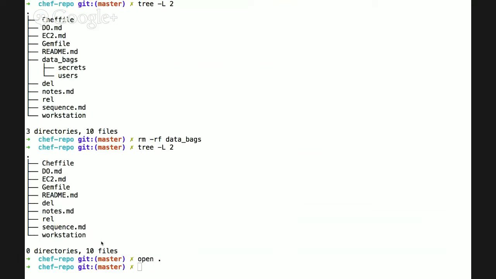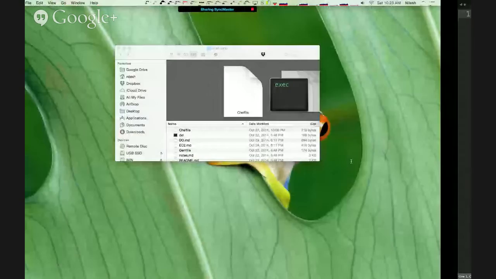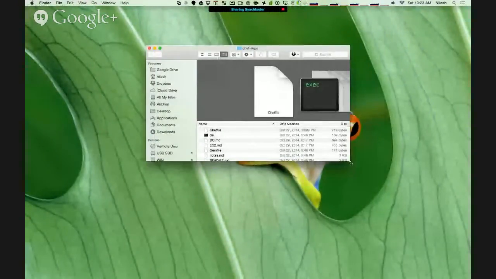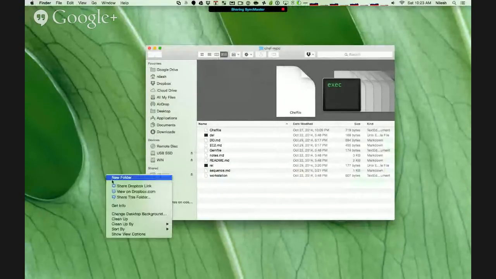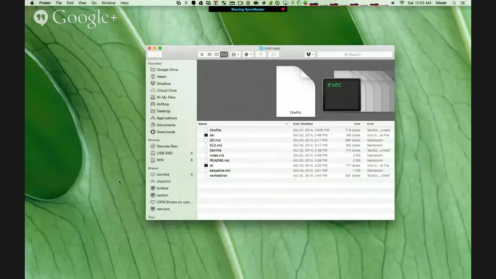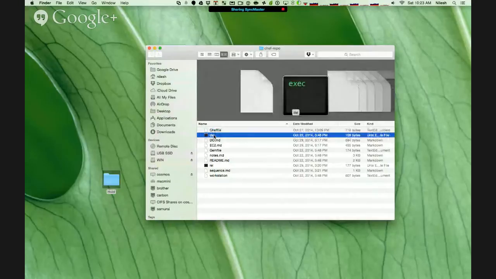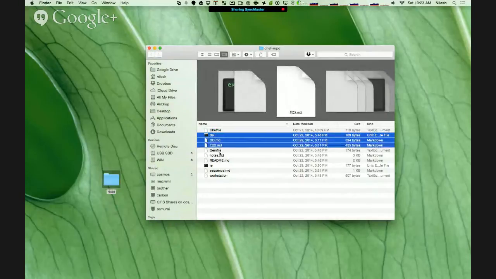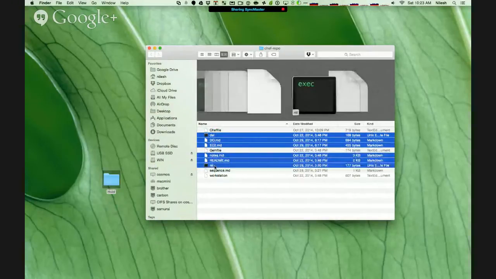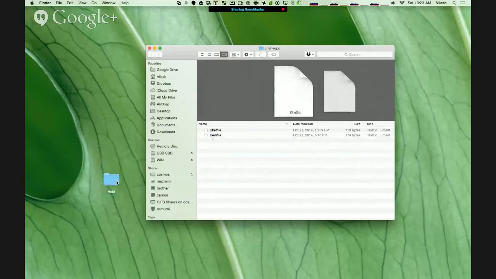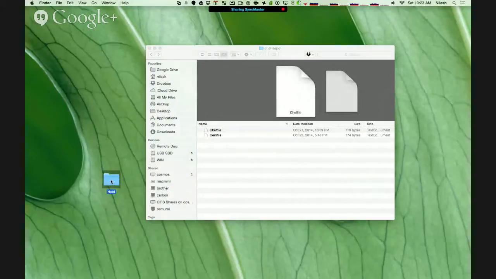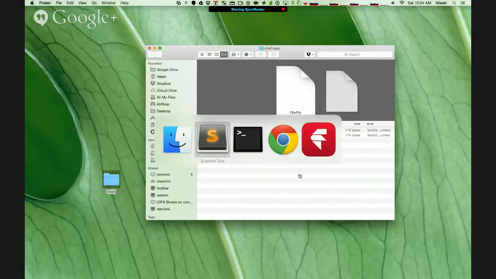So I'm opening that folder right now in a window on the side. In that window, what I'm going to do is move out certain things that are not relevant. So I'm creating a separate folder on the side to hold stuff. And of these things that are not needed, I'm just moving them out. And funny as it looks, all we really need